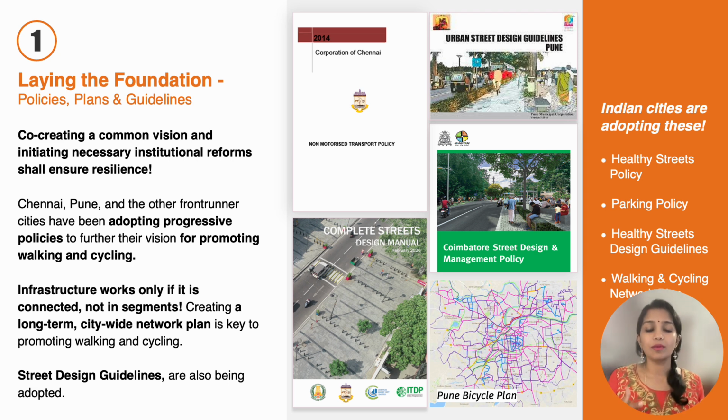Now, when we start working on projects, often cities start with a certain pilot project, some streets that they are aiming to improve. This is definitely a first step and a right step in the direction of transformation that we want. But embedding these actions in policies, plans, and guidelines can ensure that our cities have a longer term vision and can continuously work towards transforming the entire city. So, policies, plans, and guidelines give us the opportunity to co-create a common vision for the way we'd like our streets to be transformed in our cities.